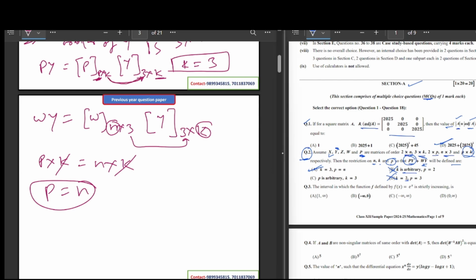This order and this order should be equal. The rest of the order is P and K. So from here, the order of this and this should be equal. So order of N and order of K should be equal. Okay, so according to this we can simplify and find which one is correct. B option is correct and C is also wrong. And after that, question number 3,